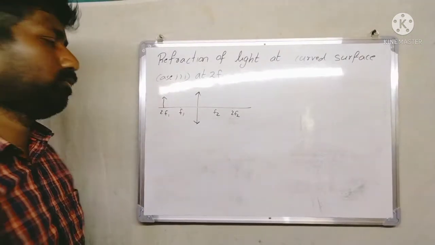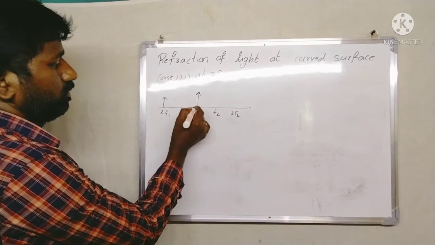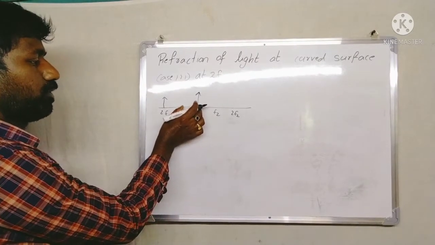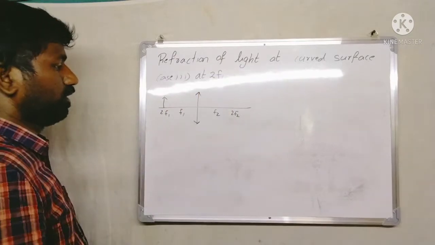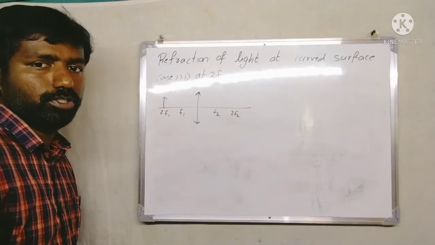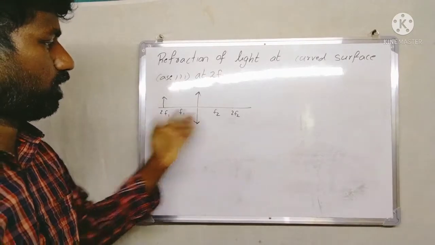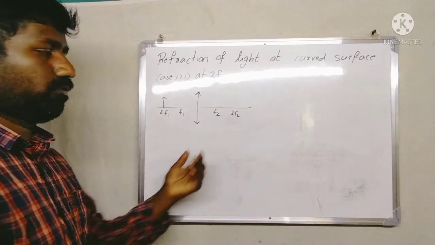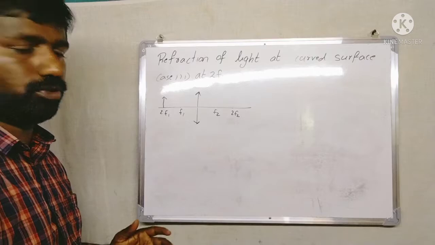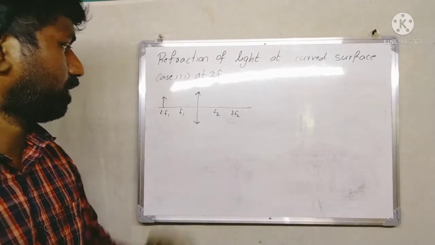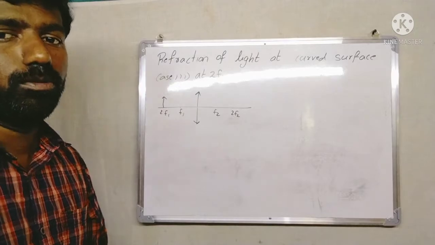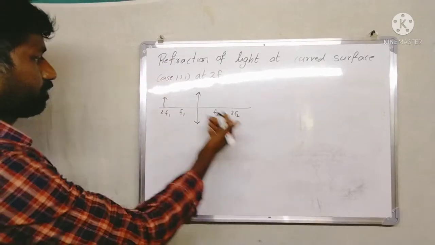And we have to know one more thing. Whatever the distance is from here to here, the same distance is from here to here. That is nothing but 2F1 and 2F2. We are just writing where is F1 and where is F2, where is 2F1, just to know which side is 2F1 and which side is 2F2. But actually the 2F1 and 2F2 distances are both equal.